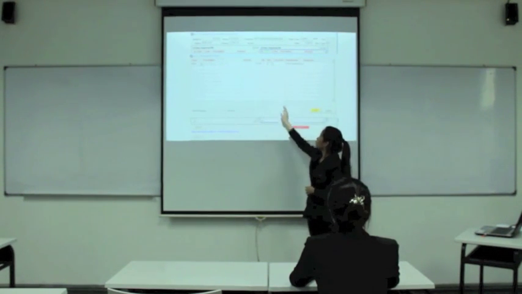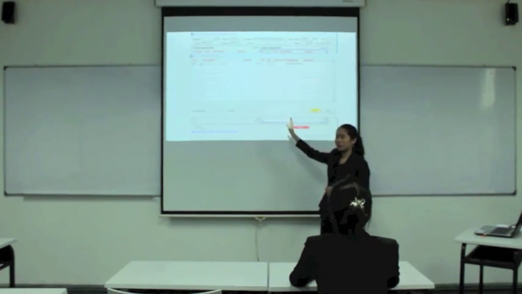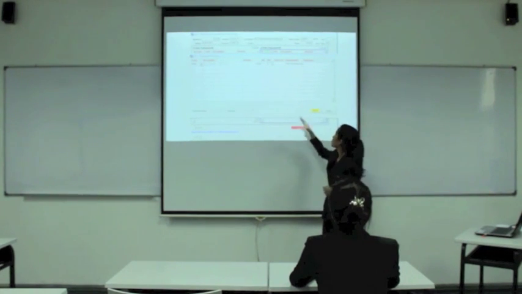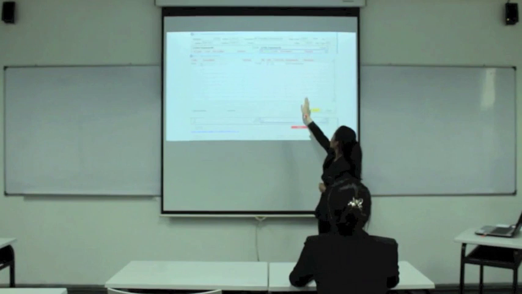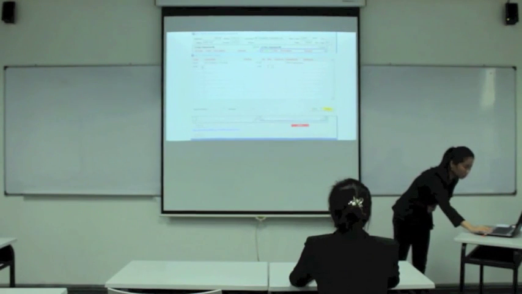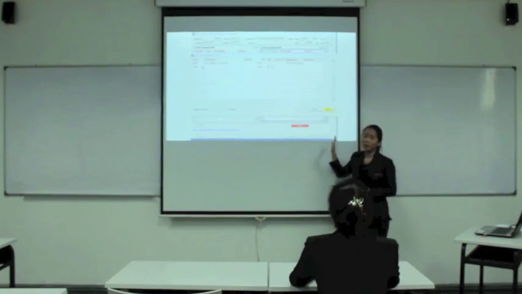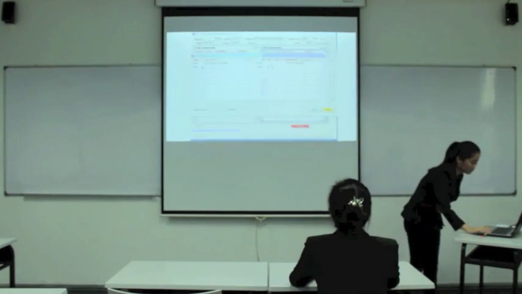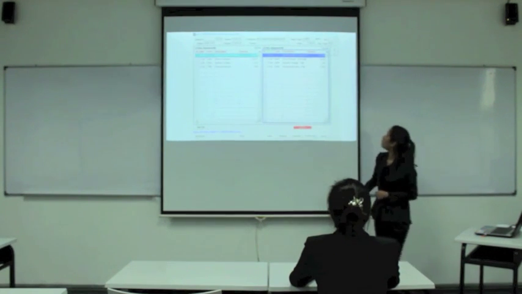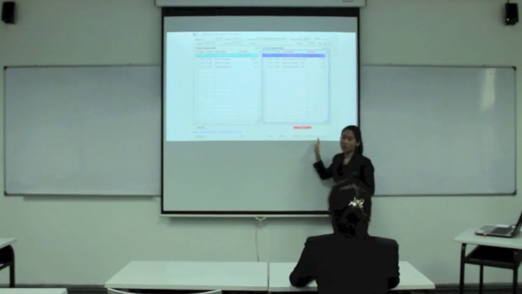After you press OK, then you fill in the amount. Then I put minus 1 because it will reduce the normal price. And then you fill in the supplement, and then you press post. After you press post, then just simply press close. And this will appear. The first one is the normal price, and after that, the minus 10 ringgit is the discount, which is a 10% discount.